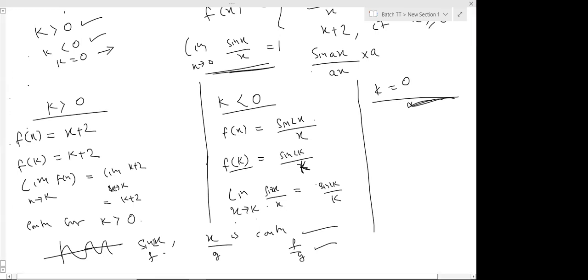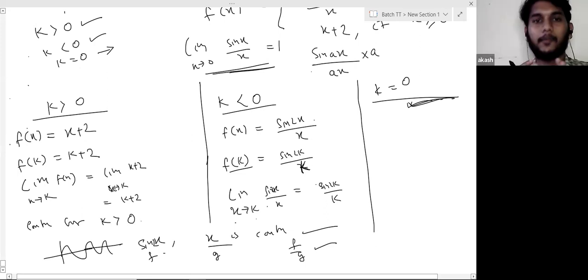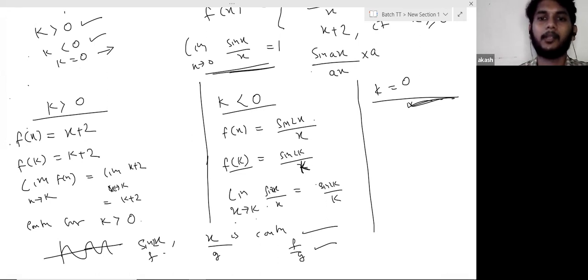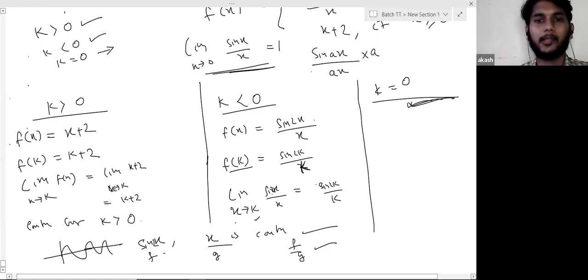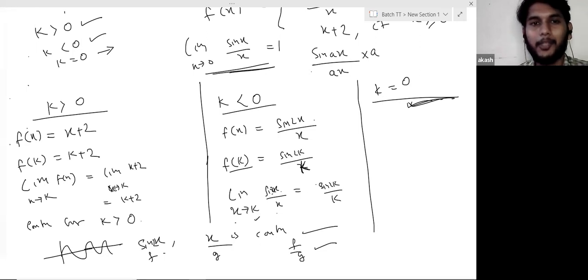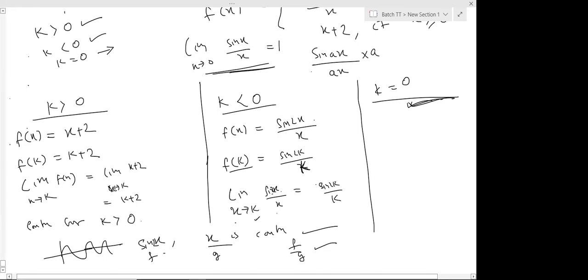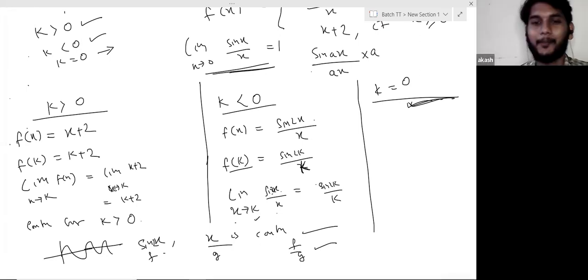Right. Direct substitution we have to use, and if that direct substitution is forming 0 by 0 form or infinite by infinite form, then you have to use something else, right? But here k is a negative number, so you can directly put sin 2x upon x as sin 2k by k. Yes or no? Why do I feel nobody is understanding this? Aman, Kinza, this thing is clear? Yes, sir. All right.